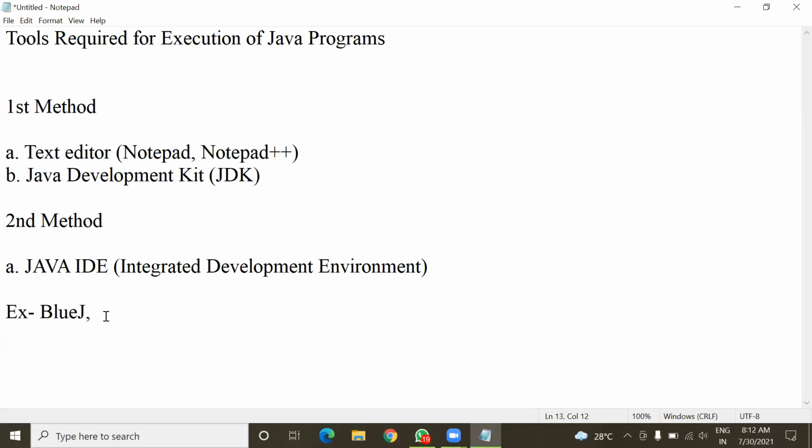Apart from BlueJ, others are also there, like NetBeans, Eclipse, and IntelliJ. So these are some Java IDEs that you can use for development of Java programs.